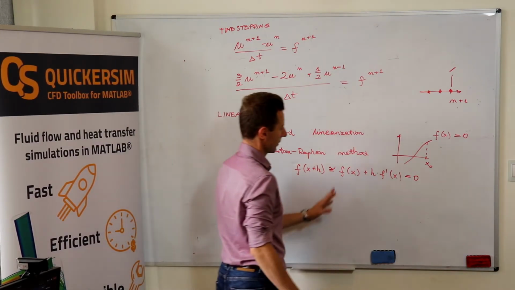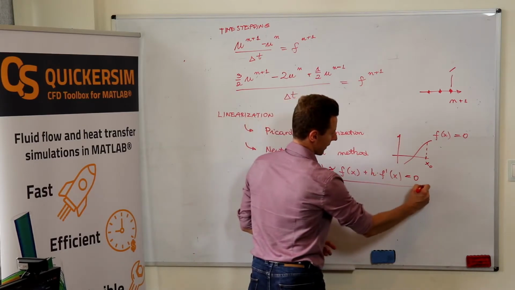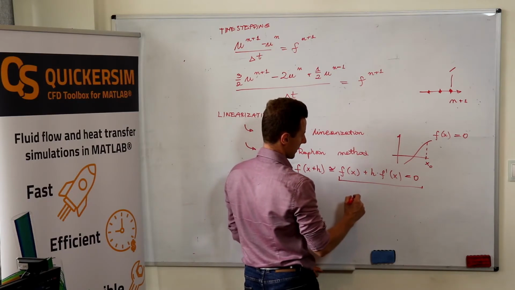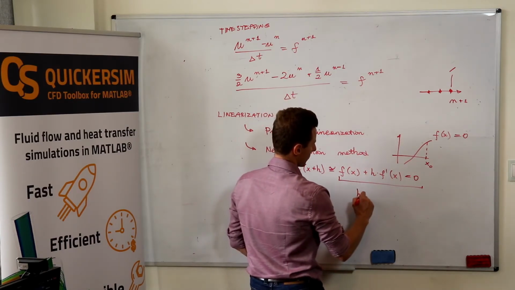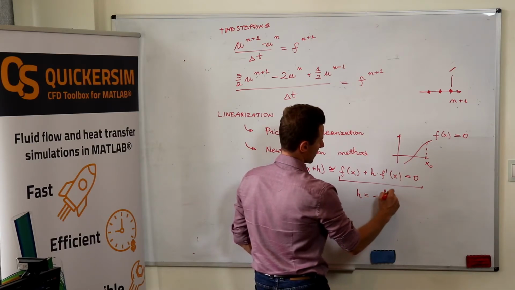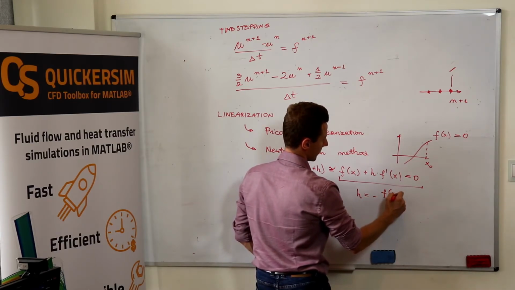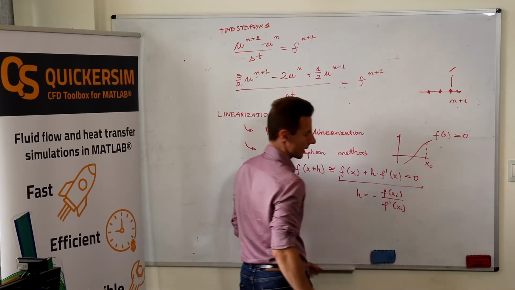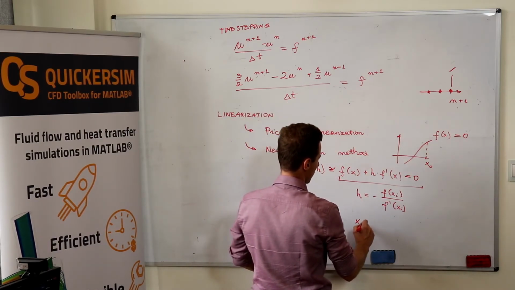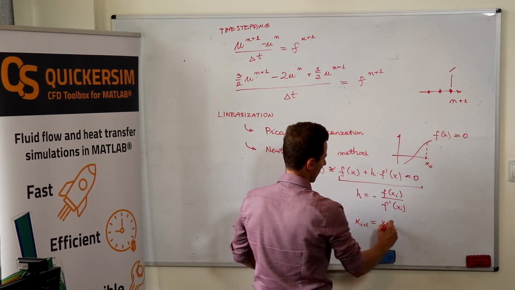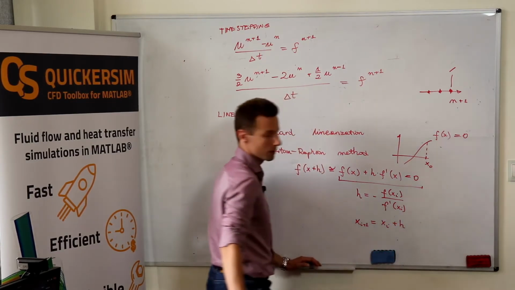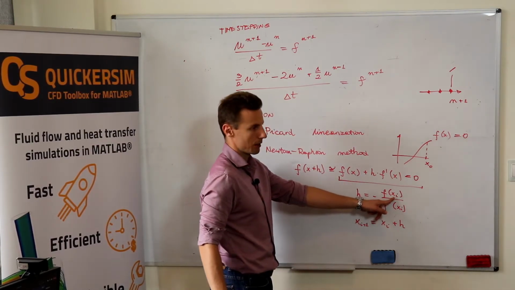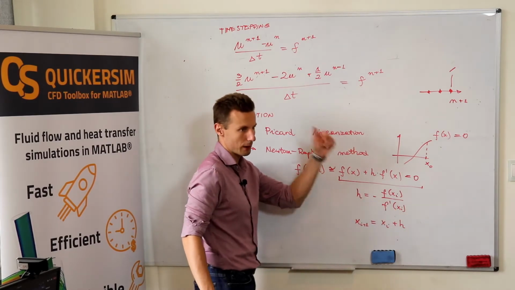Good? Then what it says, if you take this as your numerical procedure, then it results in h equals minus f at x. Let me write it this way, at xi. Then the new approximation is like that. Take it again, explicit calculation of the function value, explicit calculation of the gradient,